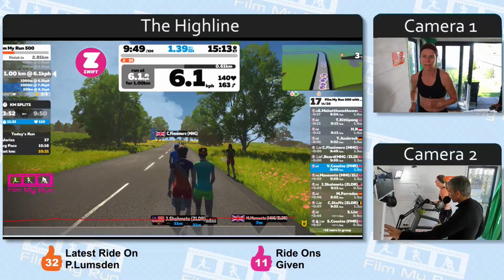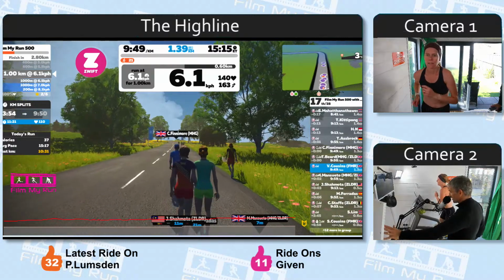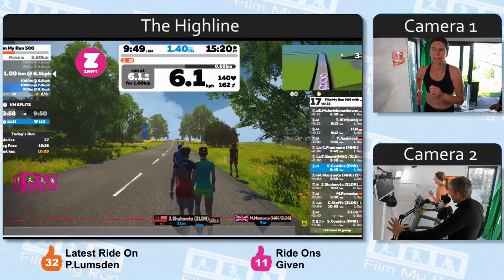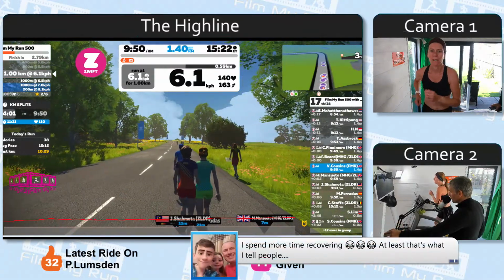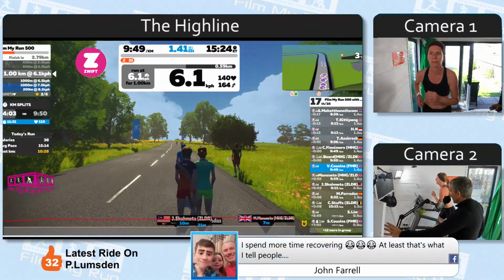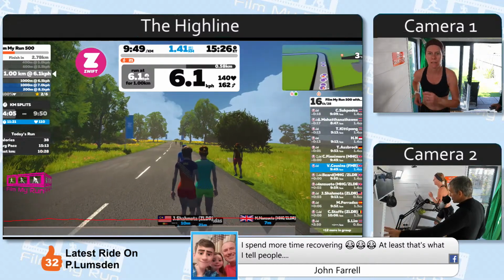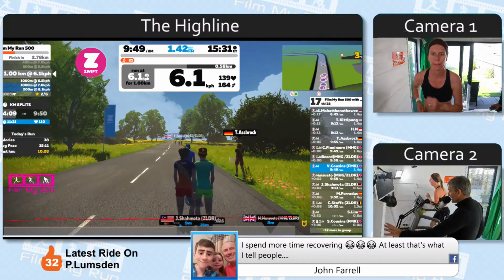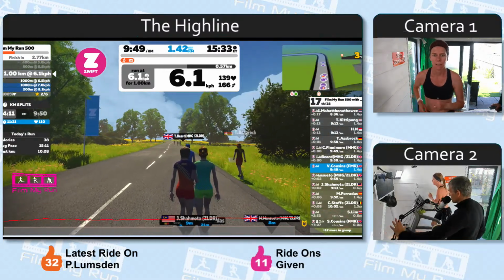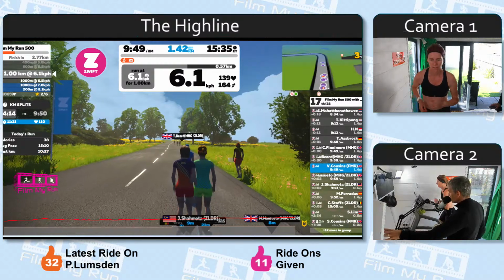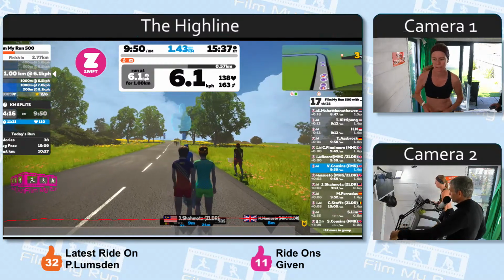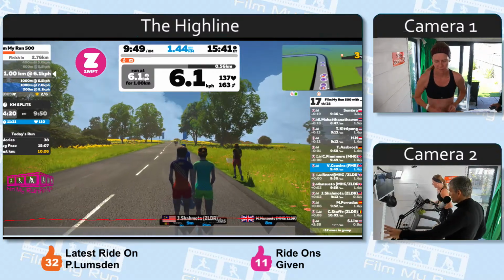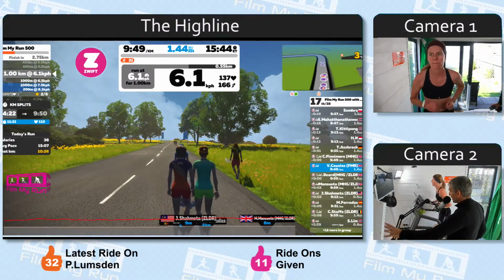But as we know, we are and have been for the last 6 to 8 months in a bit of a hiatus. If you're not aware, a few months ago Zwift had a big investment and a lot of new members onto the board of executives. It wasn't exactly a takeover. It wasn't a takeover at all, in fact, but it was just a huge financial investment and a lot of new members on the board.